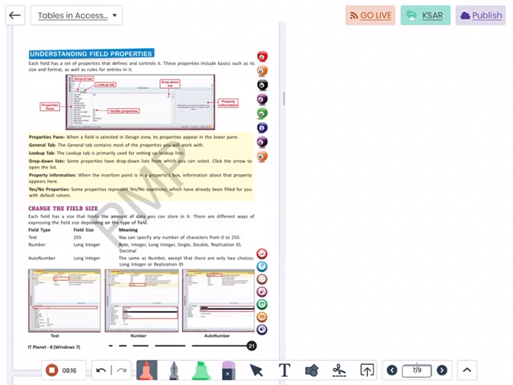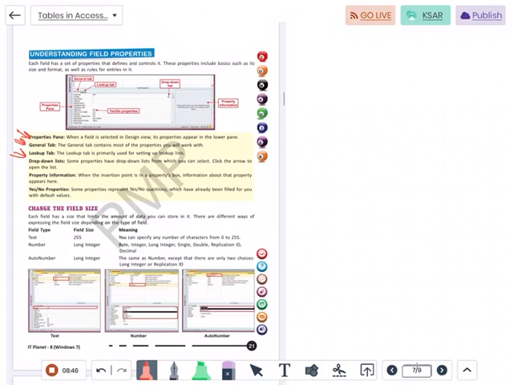Now I told you below there are certain properties of the field. The properties pane is present in the design view, where all the property descriptions come. The General tab gives the properties that we will work with; it contains the list of the properties. Drop-down lists are normally present to select different types of properties. So what is the use of the drop-down list? It is used to select different types of properties.